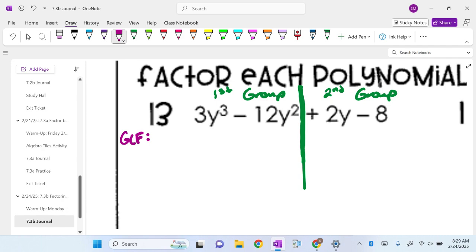All right, Kyrie, what's the GCF of this first group? Right. So that GCF is 3y squared. So I can divide both sides by 3y squared. So that's my first factor. Now, if you did your factor trees, what do you have left over? So the first one would be